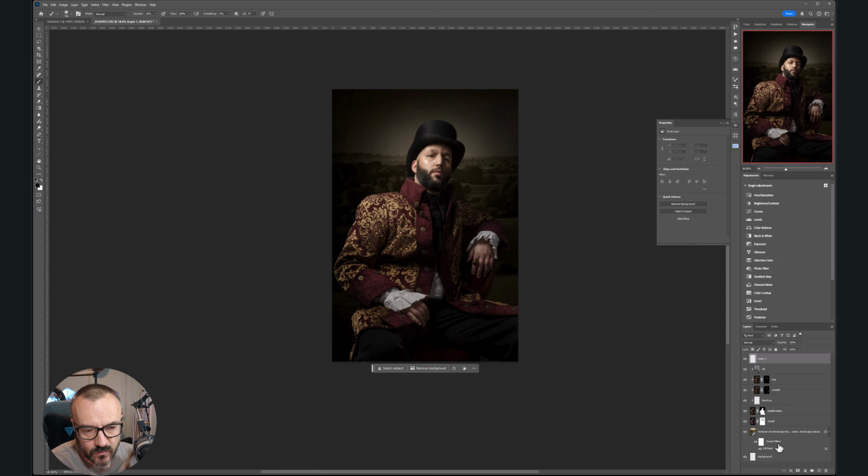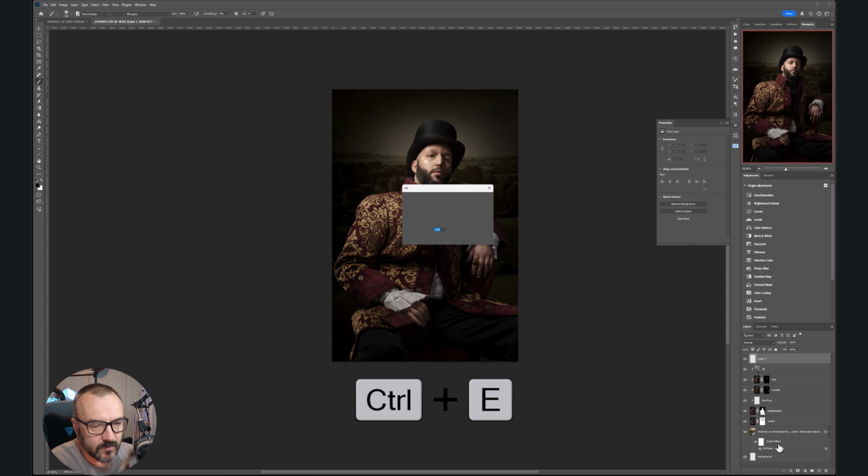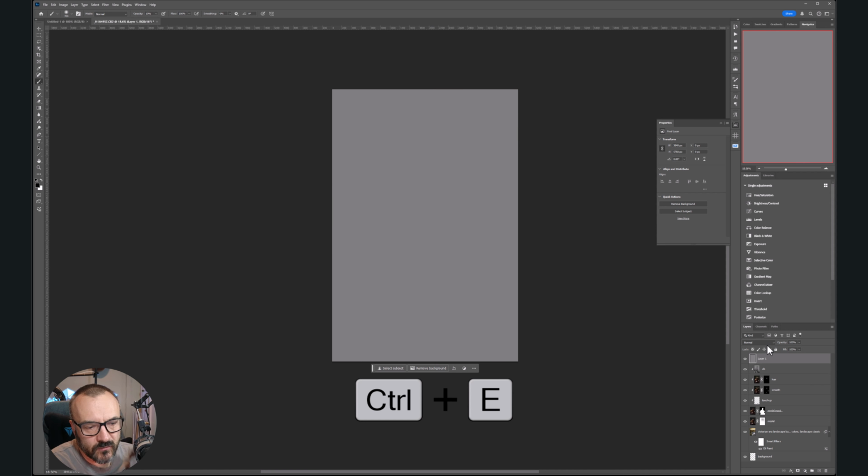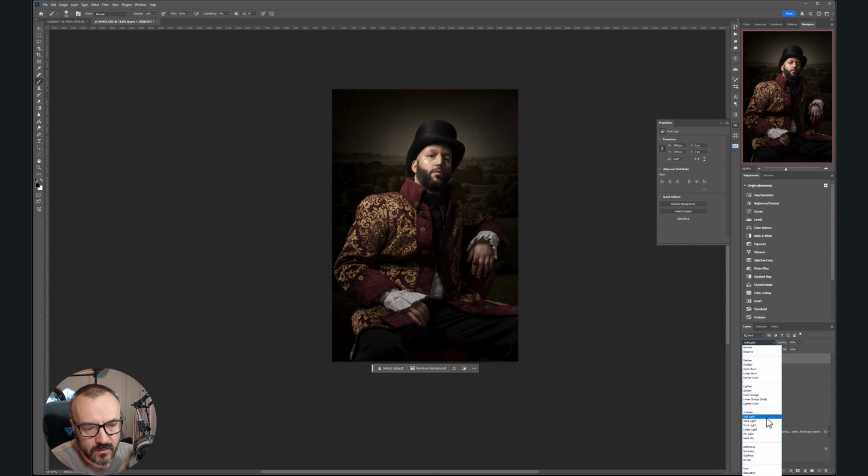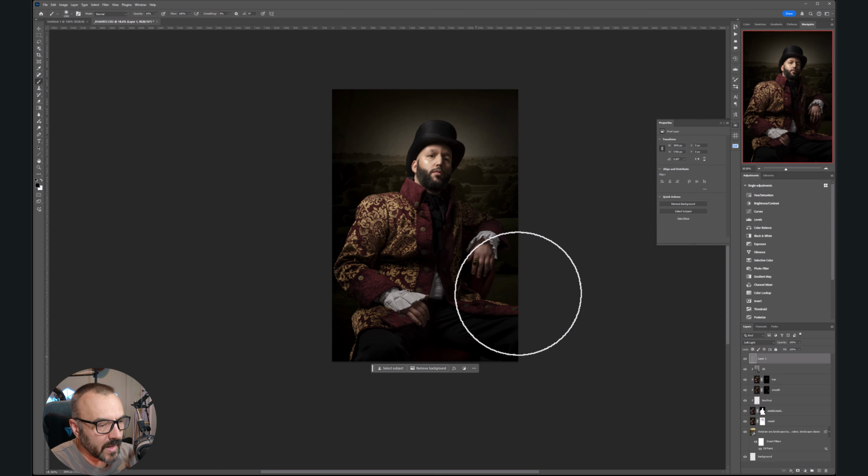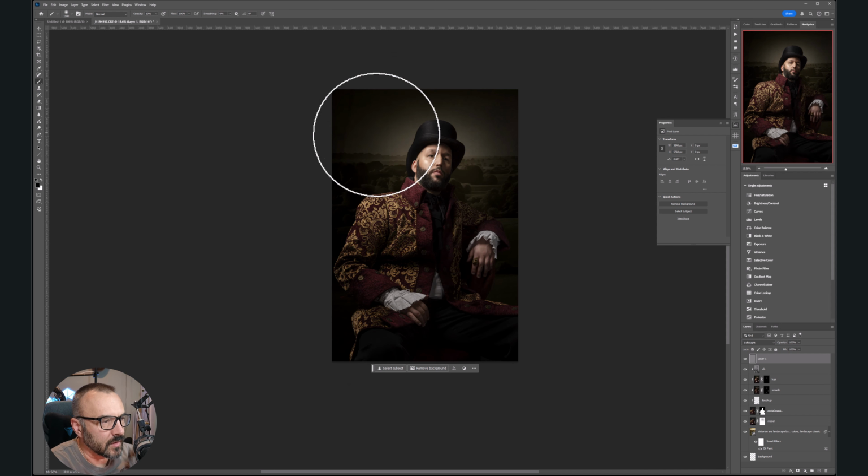So we create new. You can press Shift Backspace. It will open a fill with what we've done before. So that's what we're going to fill here. Click on soft light, and we'll start with the black color. So we'll just create a little bit more shadowing,